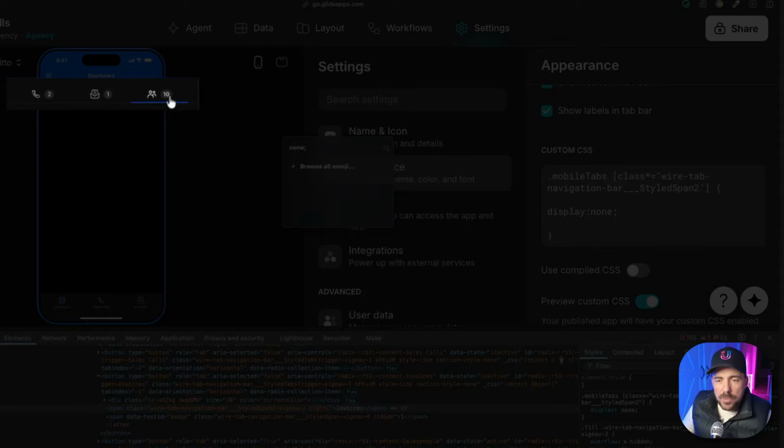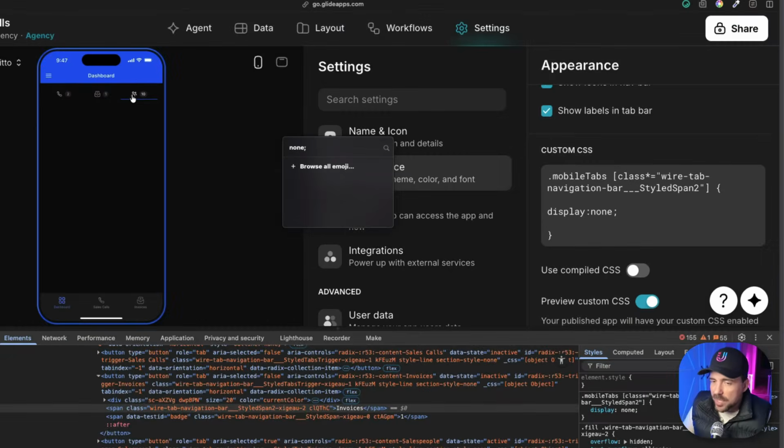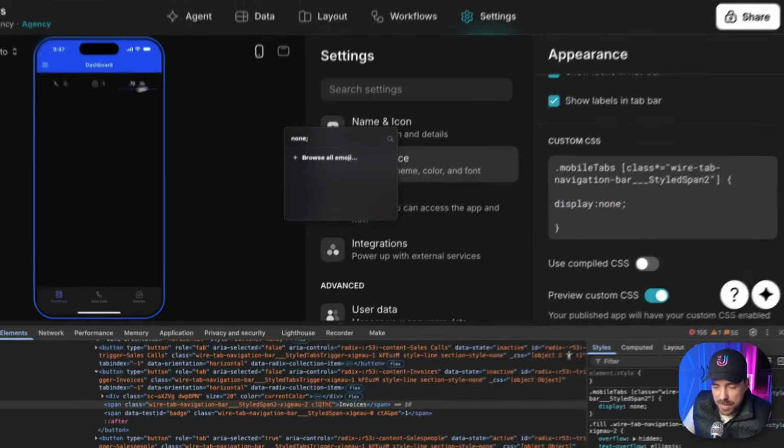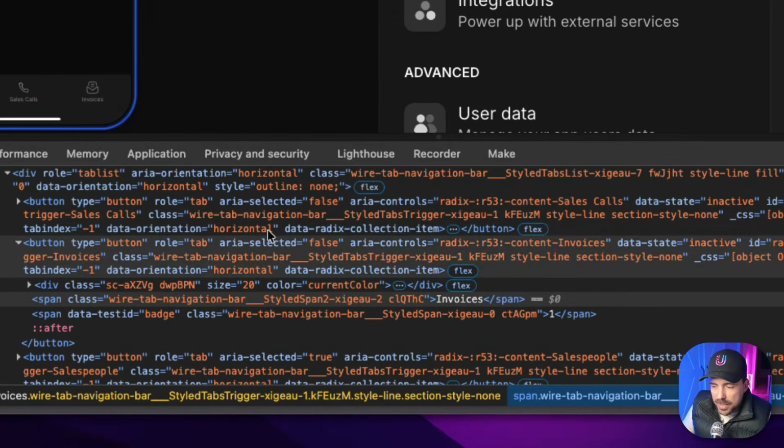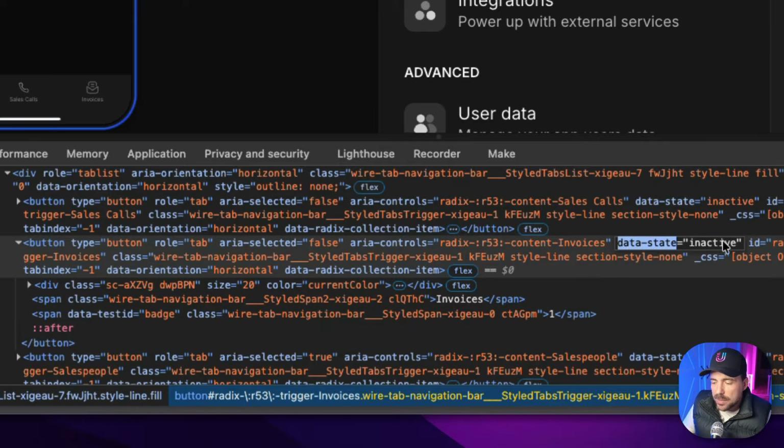But it also removed the word from the selected tab, right? So we got to find a way to prevent that from happening for the selected tab. So if I navigate up a little bit higher, I see that there is a data state of being inactive or a data state of being active. So really, I only want to target the tabs where the data state is inactive. So I'm going to copy this element,